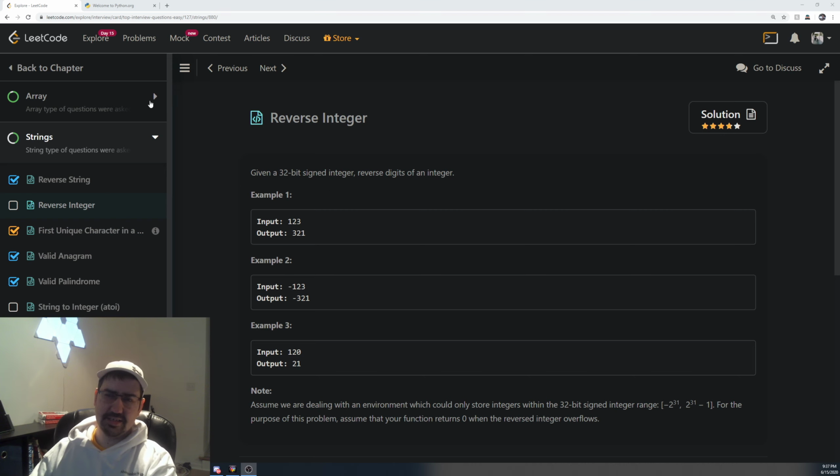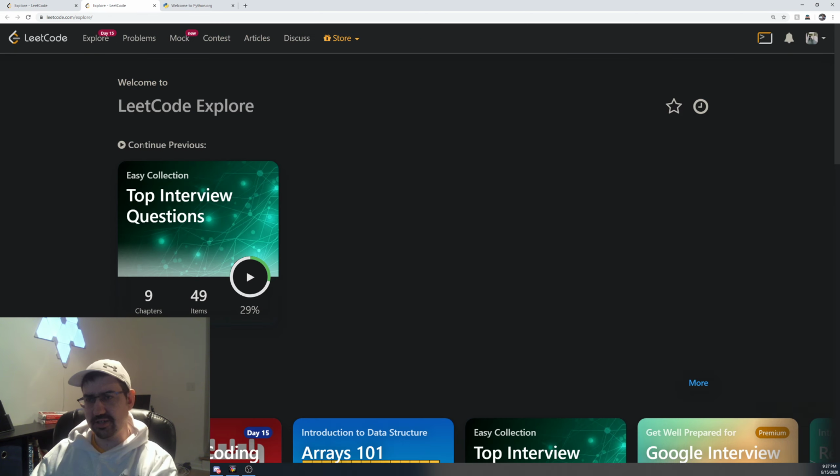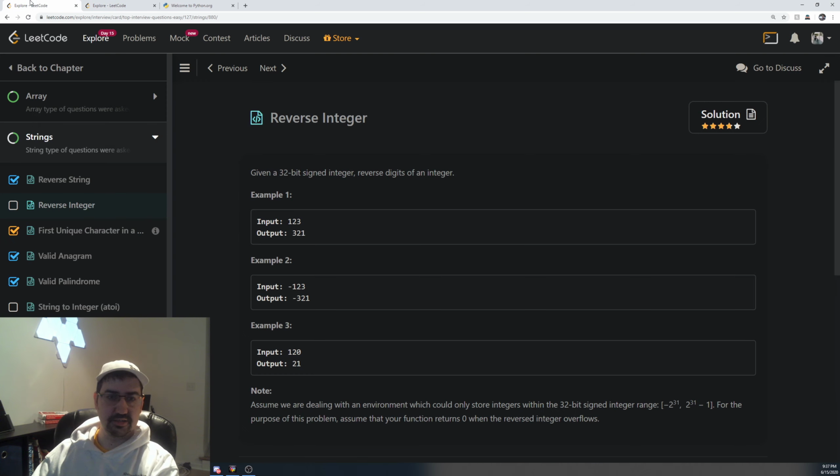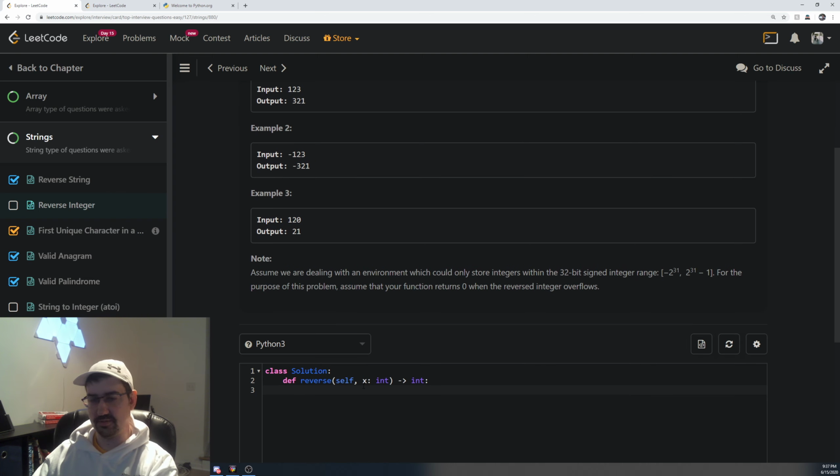It's in the easy category. It's under the problems or the Explorer section. I'll show you Explorer. We've been doing this for a couple days now. Top interview questions in the easy collection. It's good to work through to get comfortable with the Leetcode platform and kind of what's going on here and